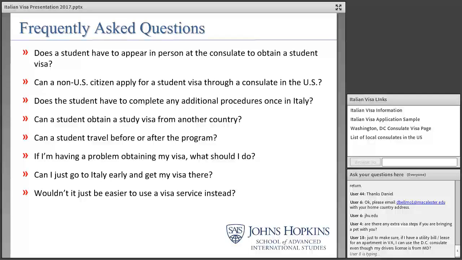Wouldn't it just be easier to just use a visa service instead? Some people ask that, and if you want to use a visa service, that is up to you. I'm not going to tell you not to. However, a visa service costs a lot of money. You're probably going to pay about $300 to use a visa service. They do take care of all the legwork for you, but it's not necessarily the most fiscally responsible choice. So I'll leave that up to you, but it's just as easy to go on your own and do it